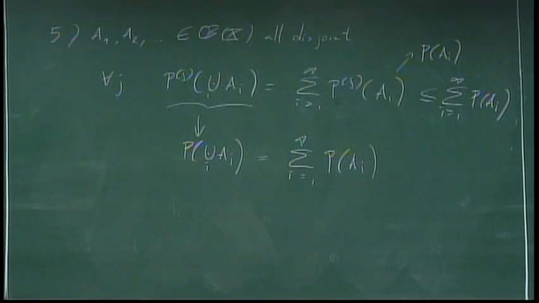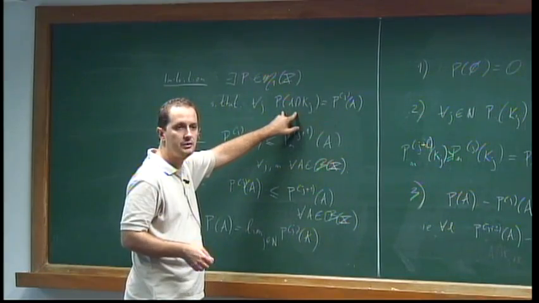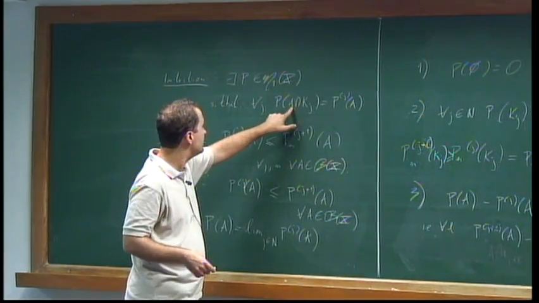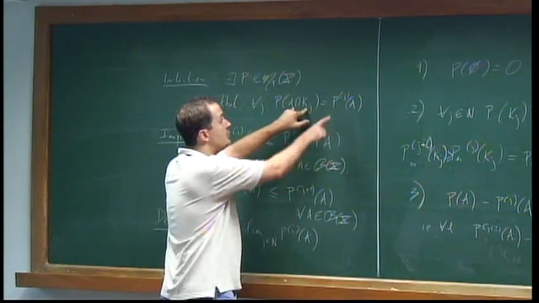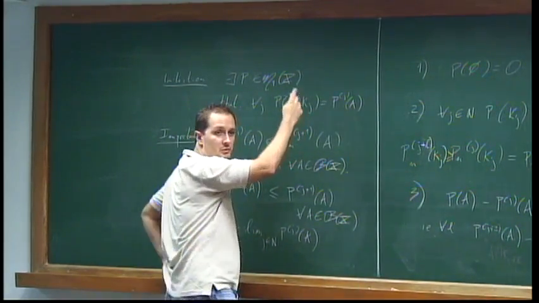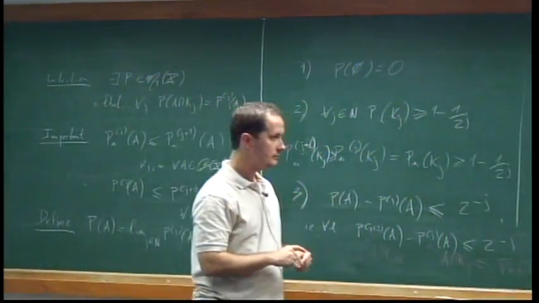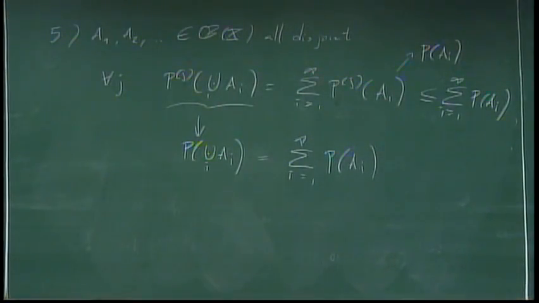So we have a bunch of things. What do we know? We have constructed a measure with the idea that it should satisfy this property here. Now that we've shown that it's a measure, it's not hard to show this. Actually, we could have shown this from the beginning, but we need to define P first. If you take a set of this form, then it's very easy to see that Pj of A intersection Kj is equal to Pj plus 1, and you can check this. Actually it follows from this thing here.